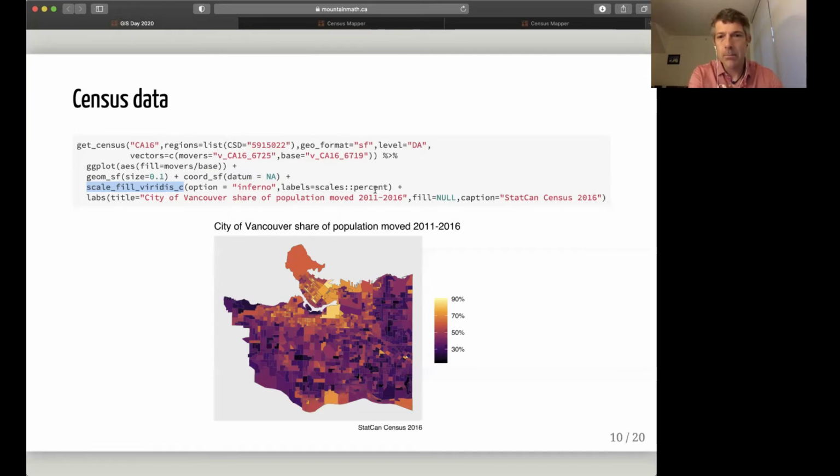I give it a title and a caption, and that's it. So this is the entirety of what you have to write in code to make this map. That's at the bottom here. Wow. So, of course, I live in the city of Vancouver, you live in Cobourg, so maybe we want to